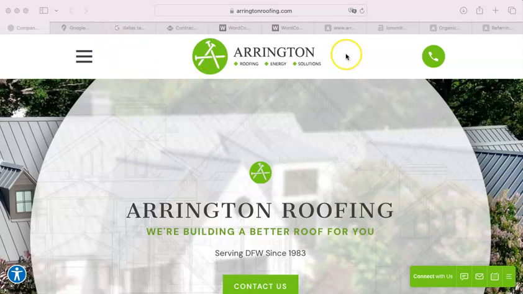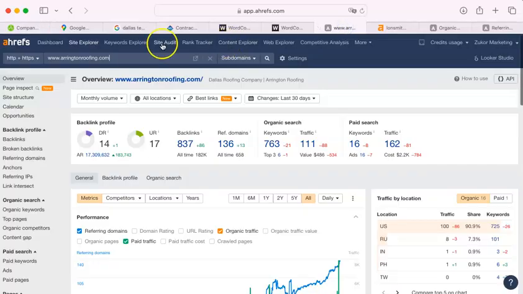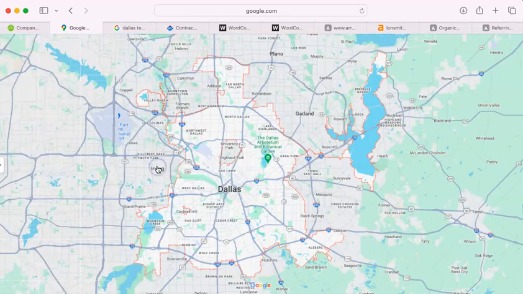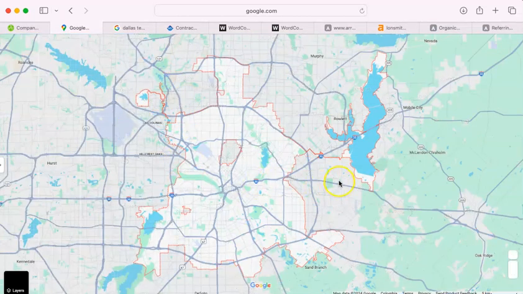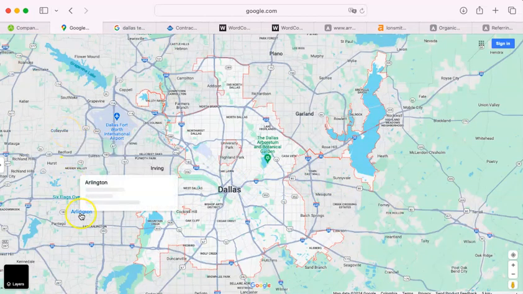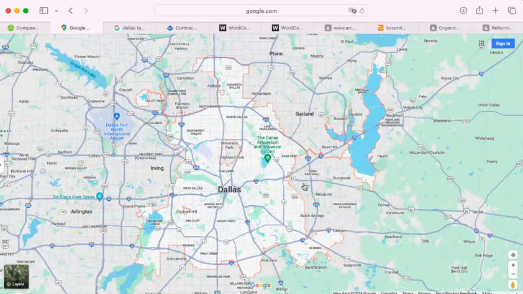So here we go. The first thing I do is I look at your website itself, and then I go over to a tool that I use called Ahrefs. It shows me the metrics of your website. We'll talk more about that in a second. Then I go to a map and I look at all of the areas that are around you. For instance, Sunnyvale or Colleyville, Arlington. Those are communities that people love to live in, I presume, where they should move if they don't like it there. Anyway, they're going to come into play in a little bit.